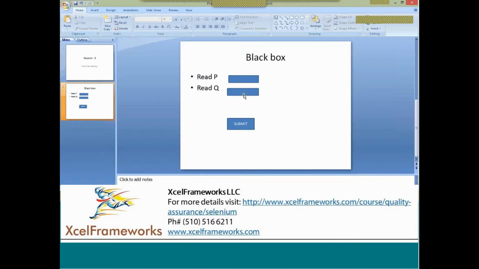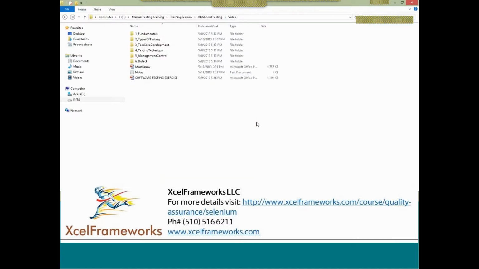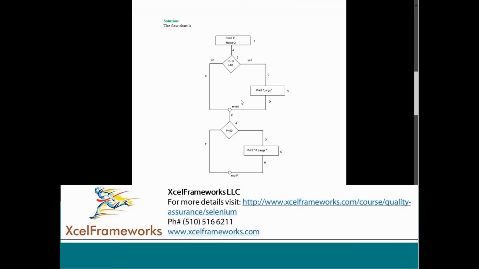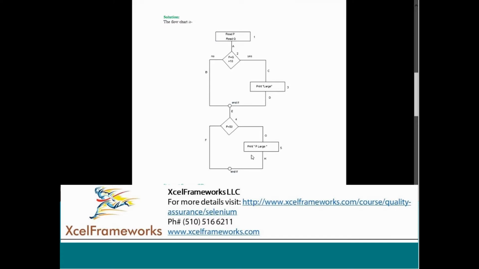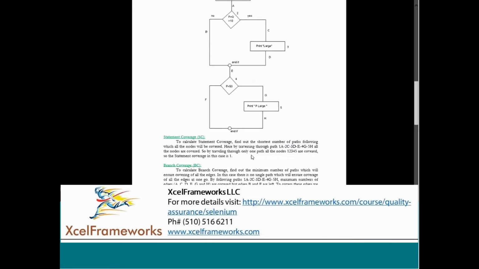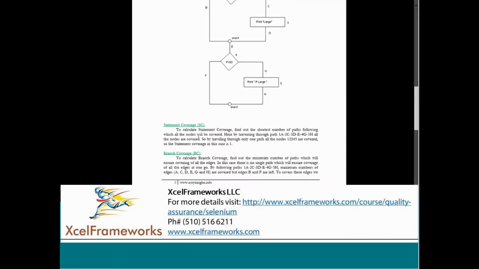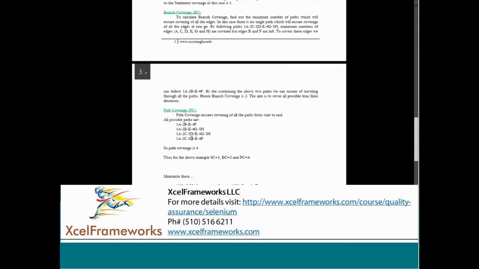If less, then what happens? So all kinds of cases you're going to write. Now imagine, suppose while developing test cases, you missed out one path. For example, the path is something like this. You missed out the test case. You wrote only 3 test cases. You didn't come up with the 4th test case, that is 1A, 2C, 3D, E, and 4F. You just totally missed out this.